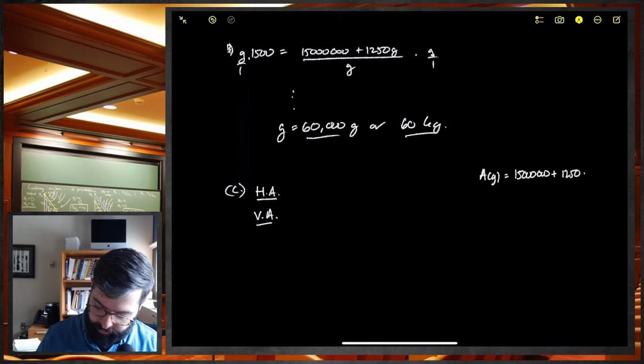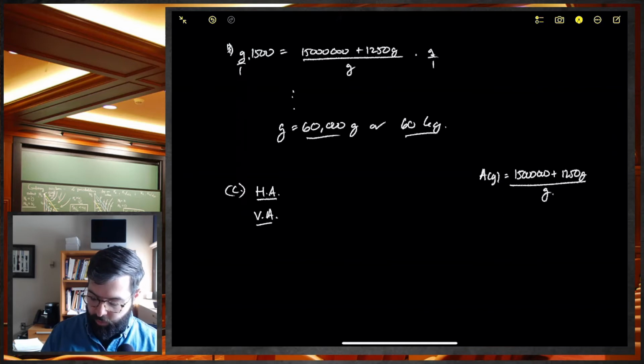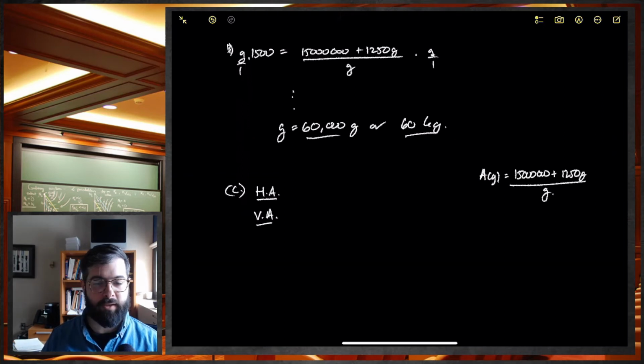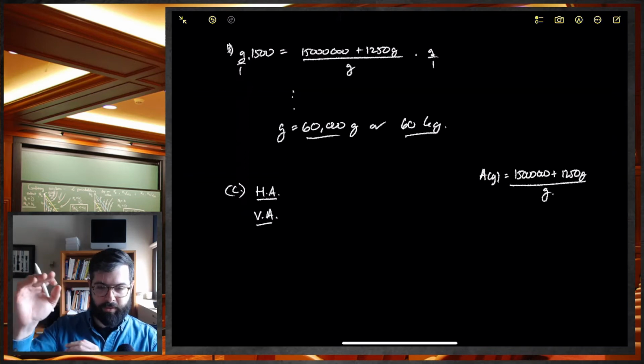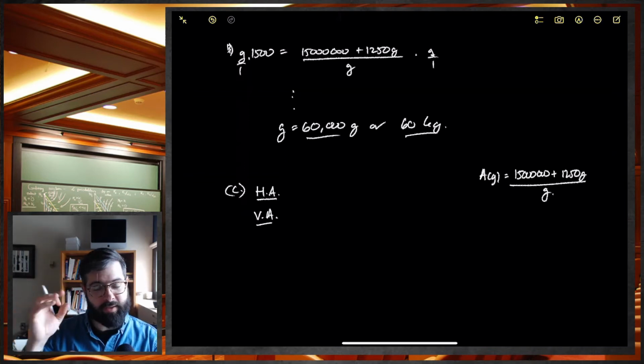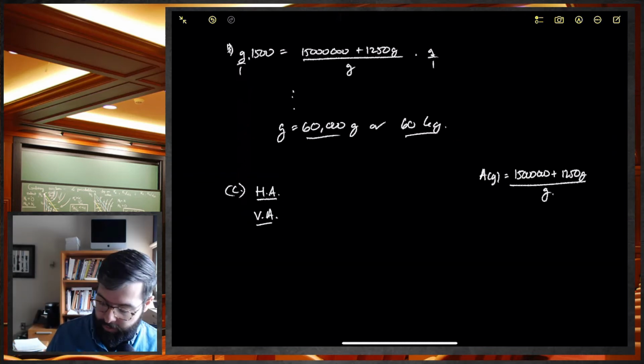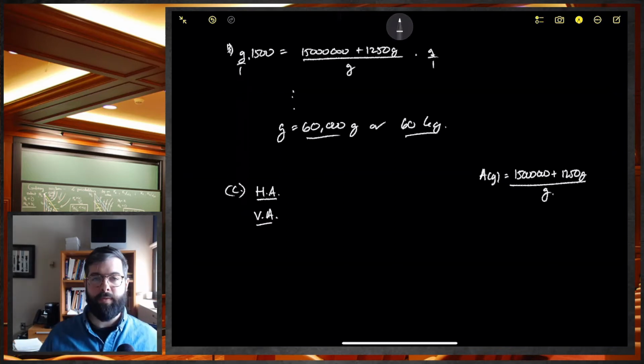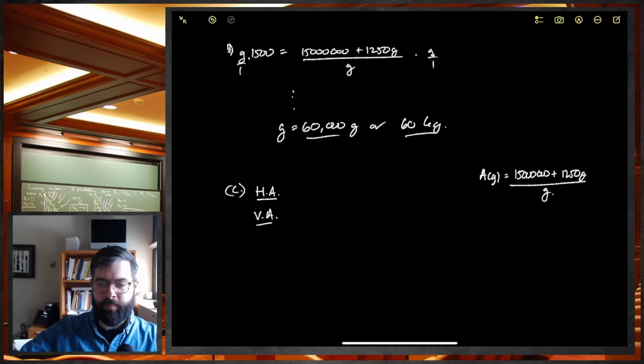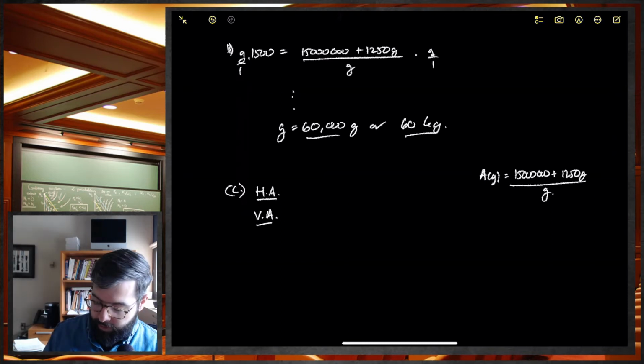Plus 1250g all over g. So horizontal asymptotes for a rational function, you're looking to see if there is a dominance between the polynomials in the top or bottom. So if one is a higher power than the other, that tells you something. If they're the same degree, meaning the degree of the top and the degree of the bottom are the same, that means in the long run, the horizontal asymptote will balance out to be the ratio of those two leading terms. So in other words, 1250 over 1, over that implied 1. So the horizontal asymptote here would be y equals, or a equals,